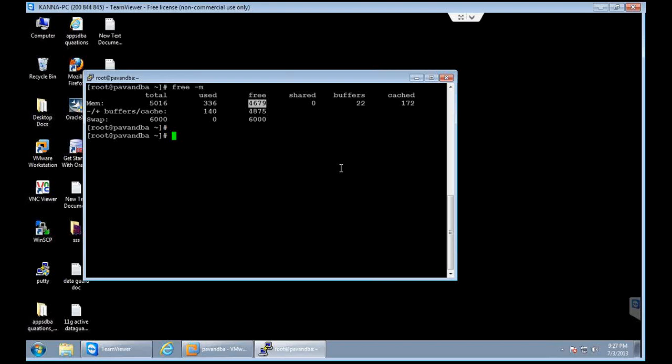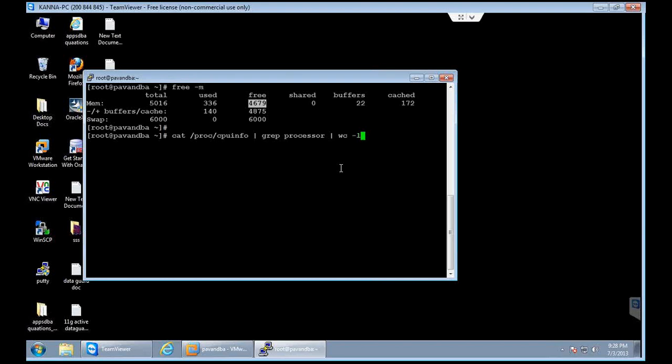Just like that, when you go to servers, the number of CPUs will be 4, 8, 16, 32, 64. So many CPUs will be there. If you want to know about that information, then you need to use this command: cat /proc/cpuinfo, then grep processor, then wc -l. This is the complete command in order to identify how many CPUs are there.